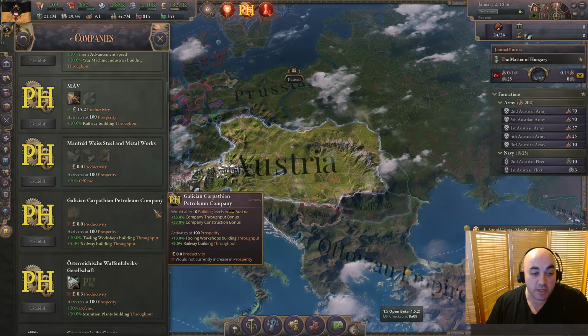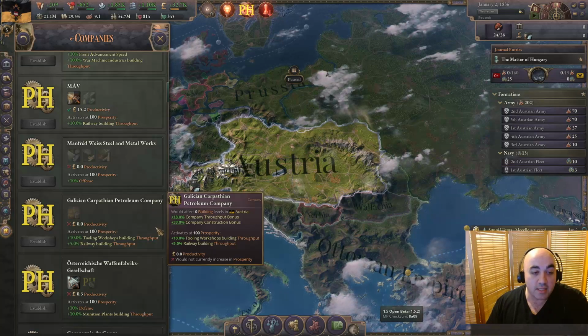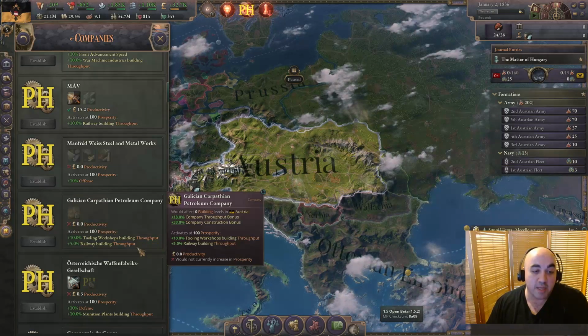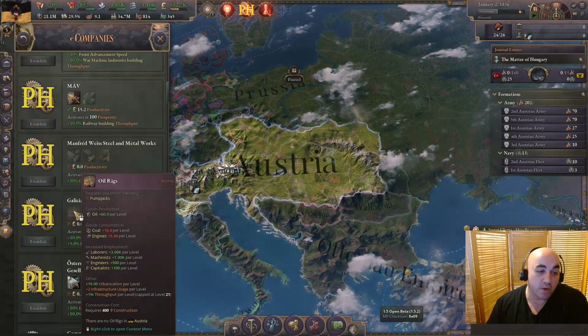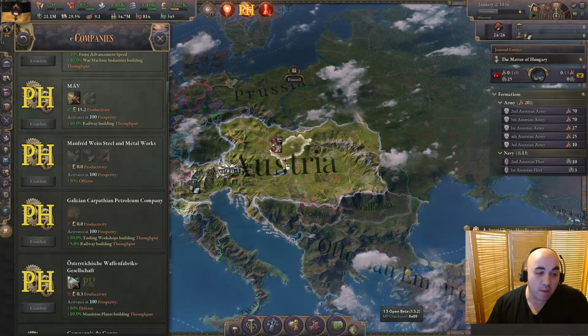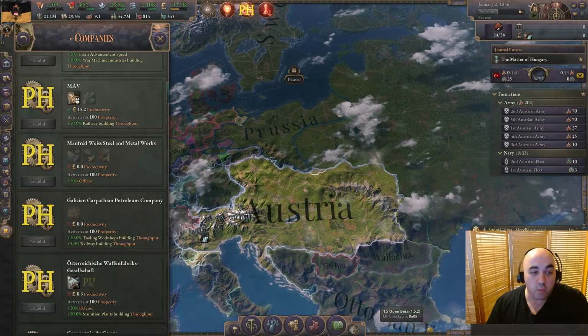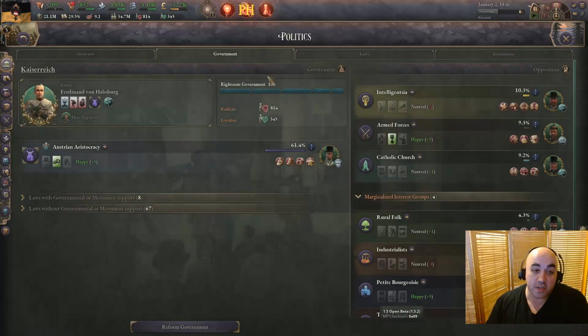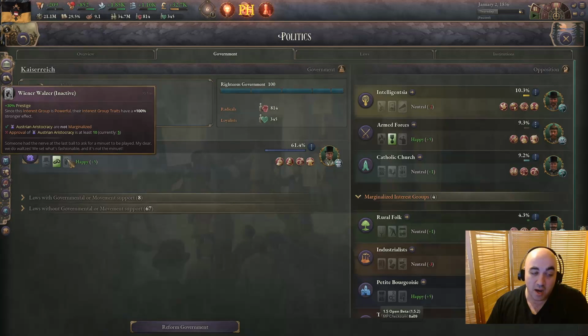The Vanilla Company gives, again, 10% migration, and this is giving 10% tooling workshops building throughput, 5% railway building throughput, and, of course, in on the oil. I think there are some better oil companies, but this is a decent shout, and you will have access to a couple unique companies. Unfortunately, as far as interest groups go, you do have the unique aristocracy of the Austrians,